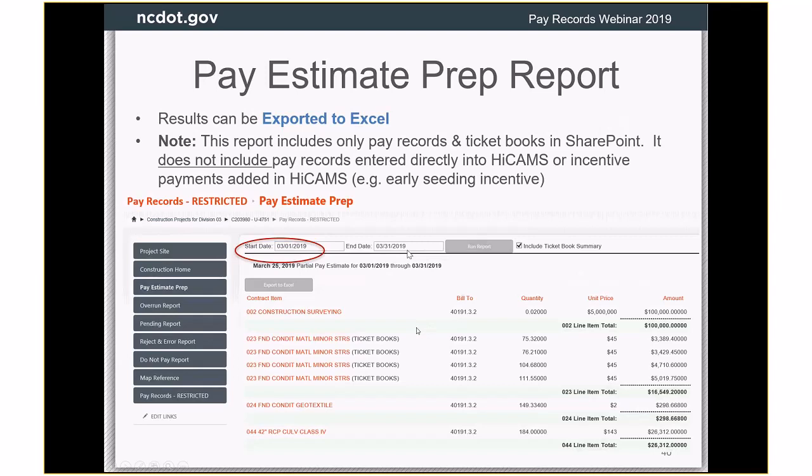I don't know why I have a circle around this. This report,